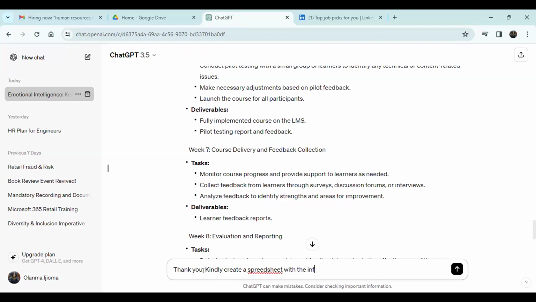So now it puts dates in there for you. You don't have to start looking at a calendar and say, okay, when is week 1? What dates is it? It just makes your work easier. And like I said, you still need to put in your own experience, what works. If, based on what you have now, you think that 8 weeks may not even work, you can always tweak